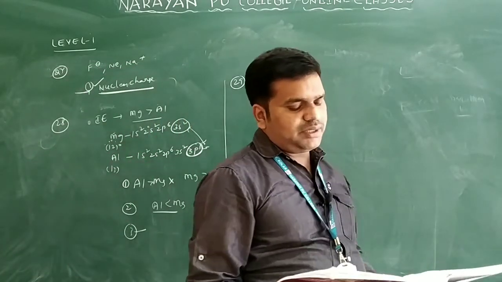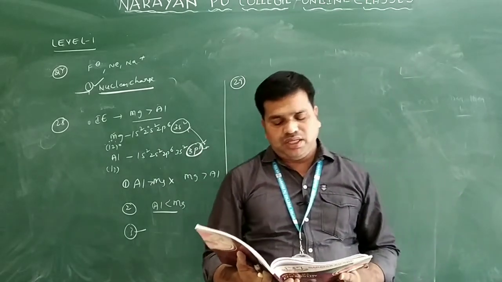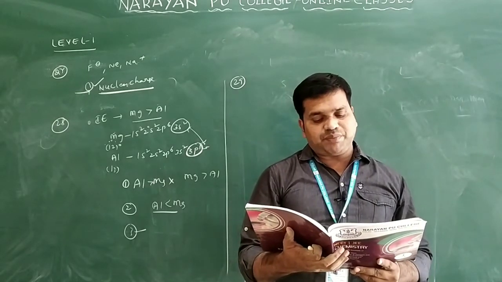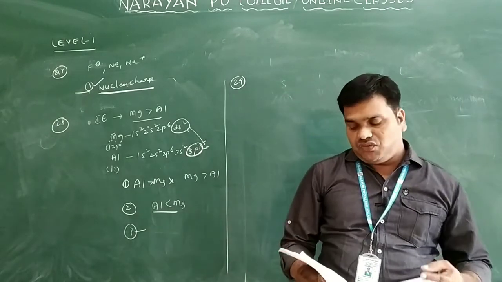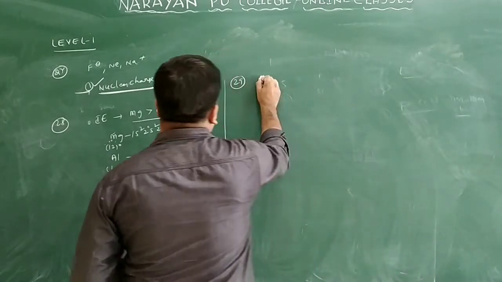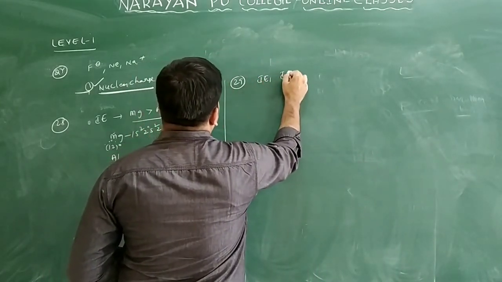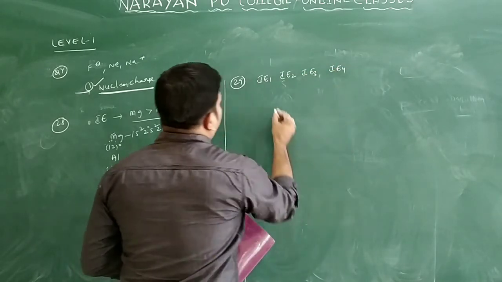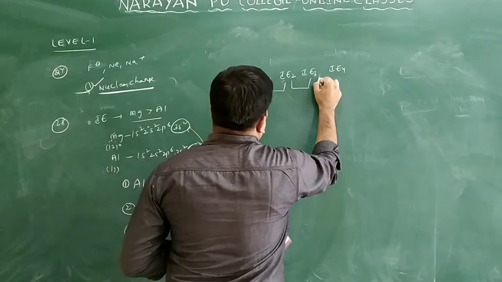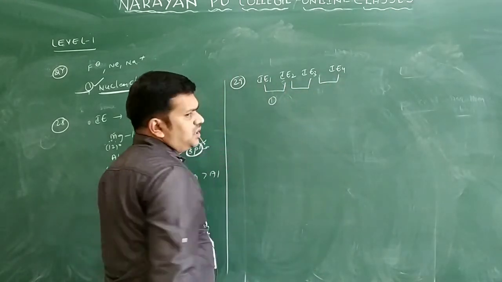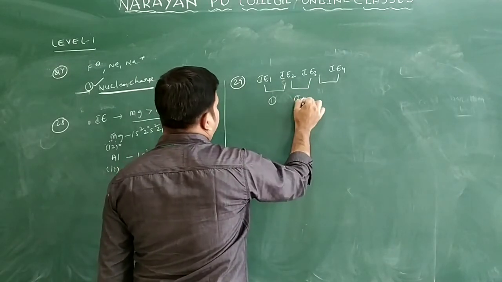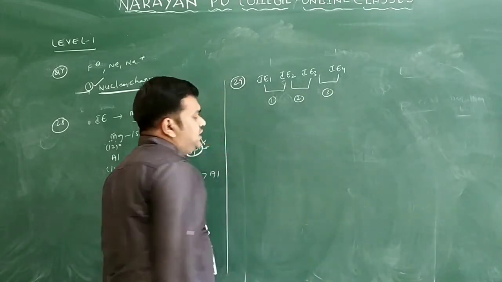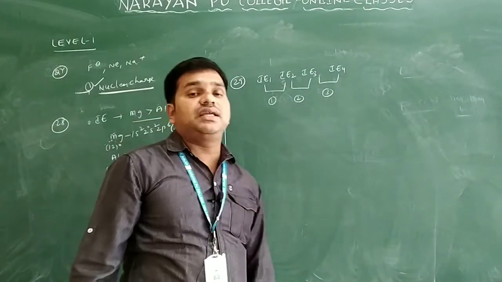Now we'll see question number 29. A large difference between the third and fourth ionization energies indicates the presence of how many electrons in the valence shell? So you will say here IE1, IE2, IE3 and IE4. We will take the difference here. This is the difference, 1 only. From IE2 to IE3, what is the difference? 3 only. From IE3 to IE4, how much difference is there? A 3 electron jump is there.